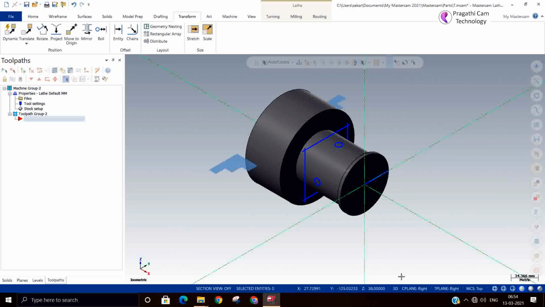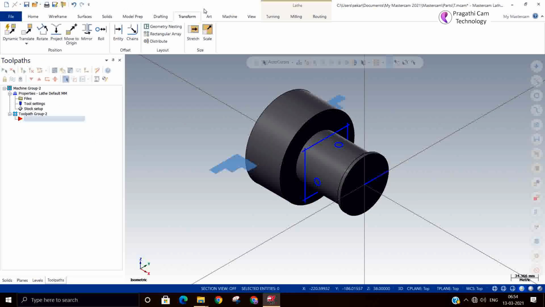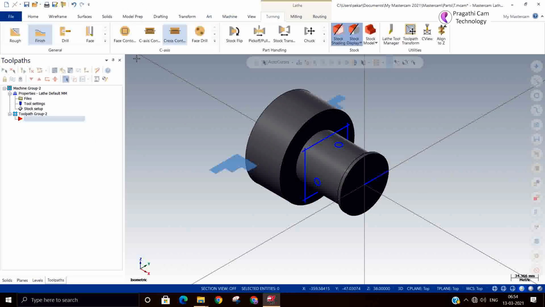C plane top should be top in this case. So the tool comes perpendicular to the cylinder. Okay, so this is the cross. That's the reason it's called the cross contour. Sorry, C-axis contour.